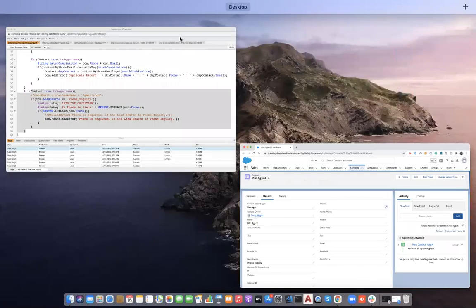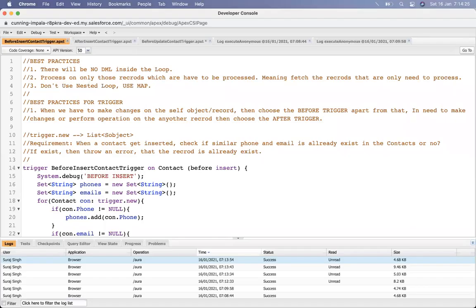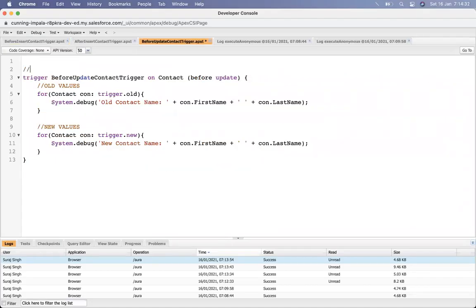So let's design a trigger. The requirement is: when lead source is phone inquiry, then phone number is required.